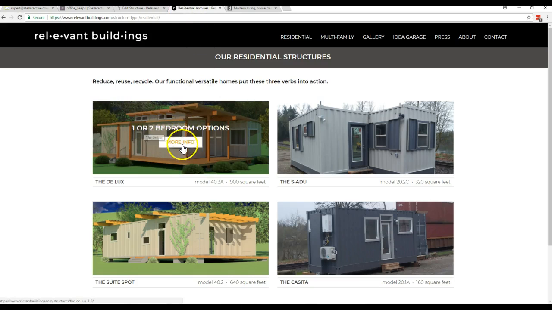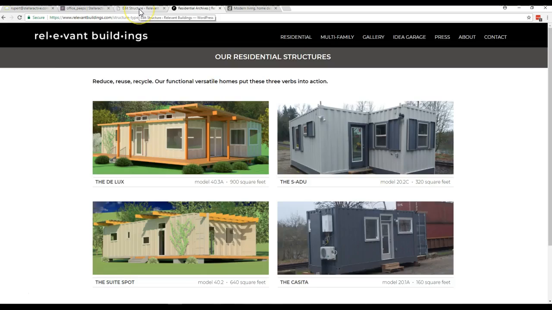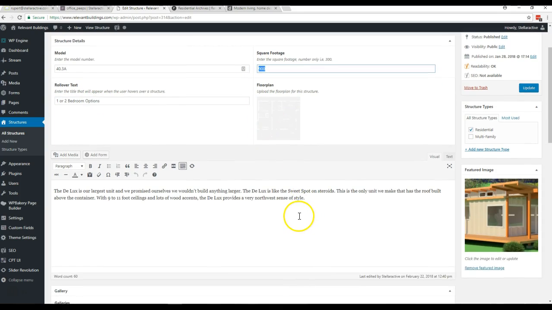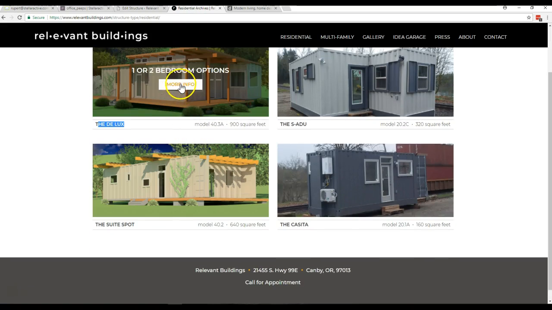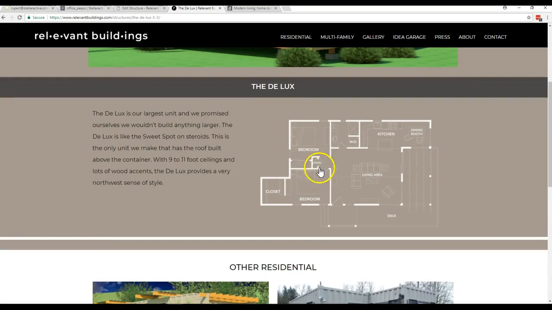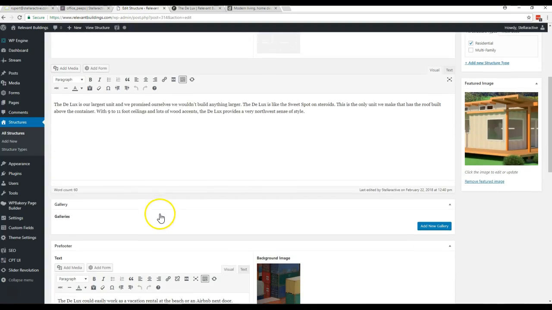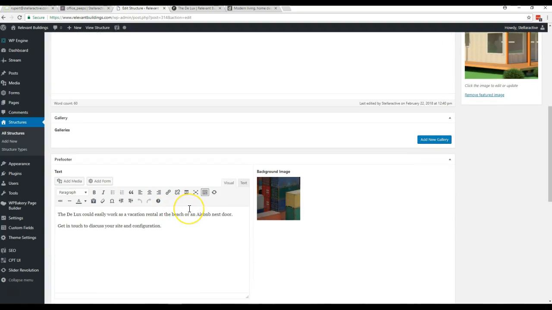So you can see 1 or 2 bedroom options, more info, and also the square footage, the model number, the name. If you need to change any of those, the model, the name, the rollover text that shows up here, the square footage, all of that stuff is here. And then also once you click into it, this description that shows up here is this description that we've got right here. And